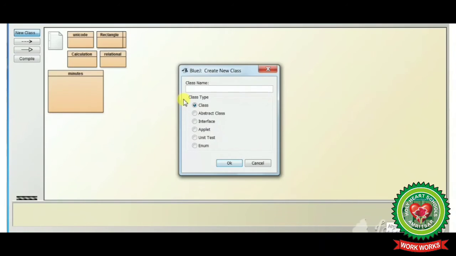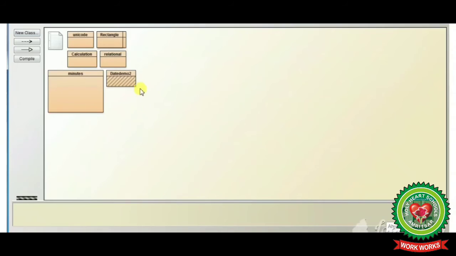In this program, we have to display the current date and time of the computer or system. So we will write the class name like DateDemo2. You can write any class name according to your program. Click on the OK button. The class icon is created.